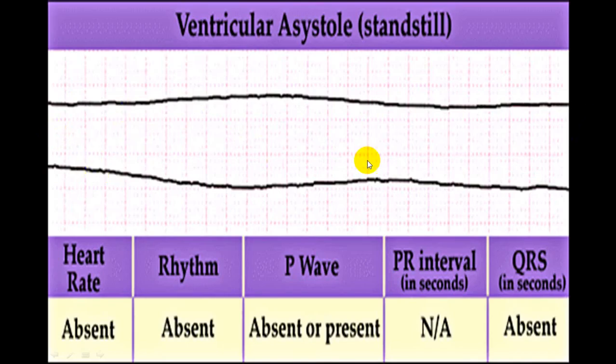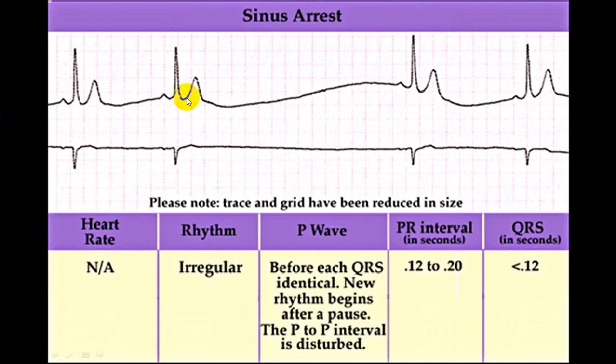Again here, you can see both are absent, ventricular asystole. See here, a normal sinus beat. During this particular period, there is no P wave, no QRS complex. So you'll call that a sinus arrest, or a sinus pause, or you can even call it a sinoatrial block. In a sinoatrial block, this will be a multiple of RR, or we call it a multiple of PP. But in case of a sinus arrest, it is not exactly the multiple of RR. This is the way you try to differentiate.